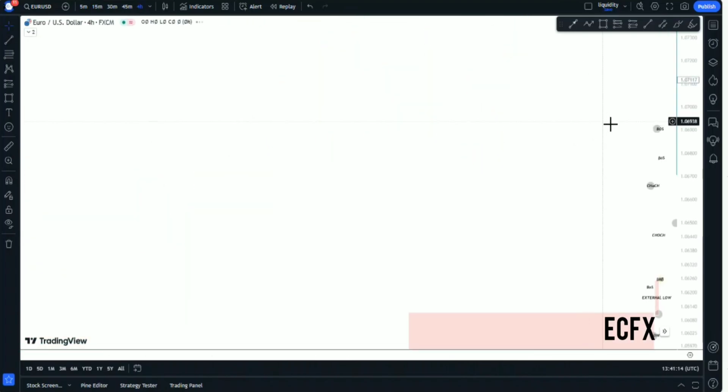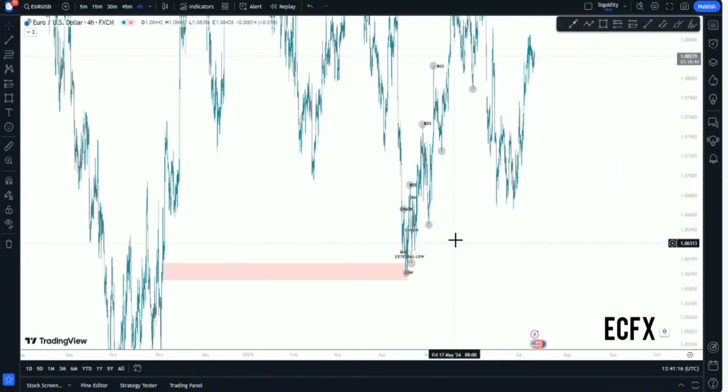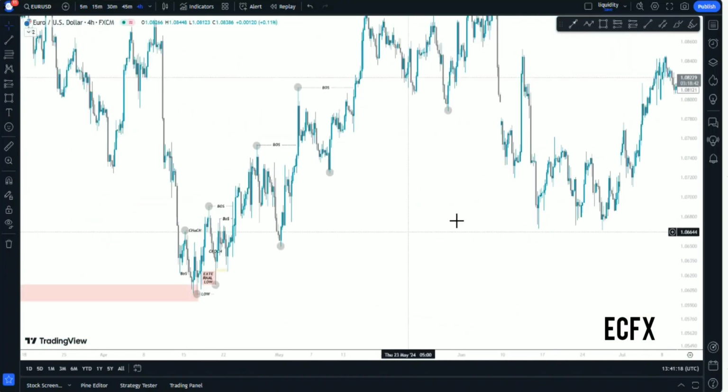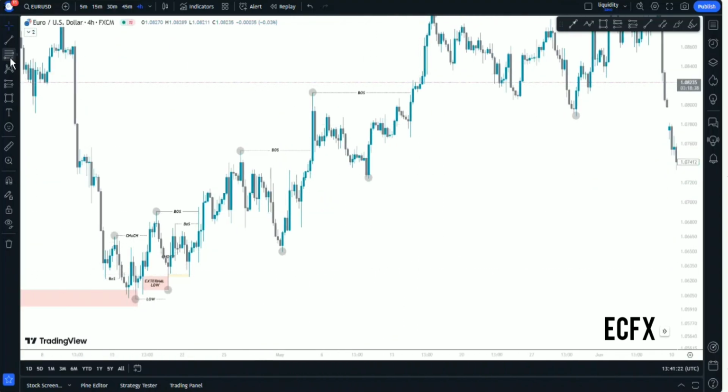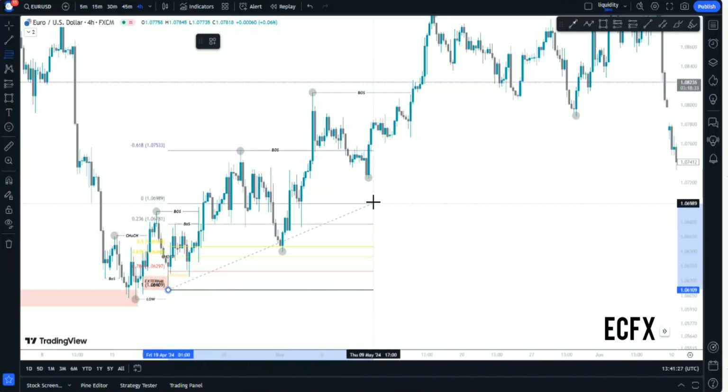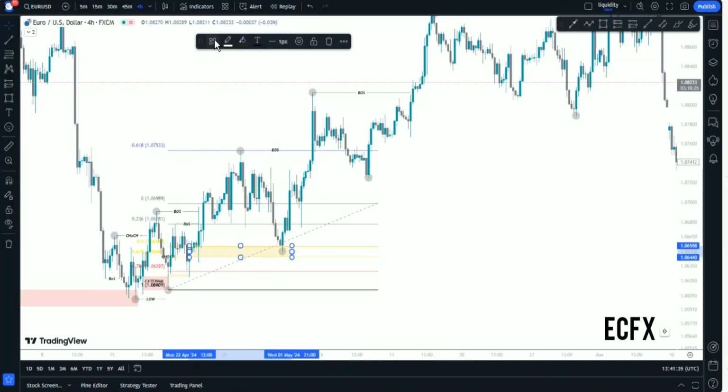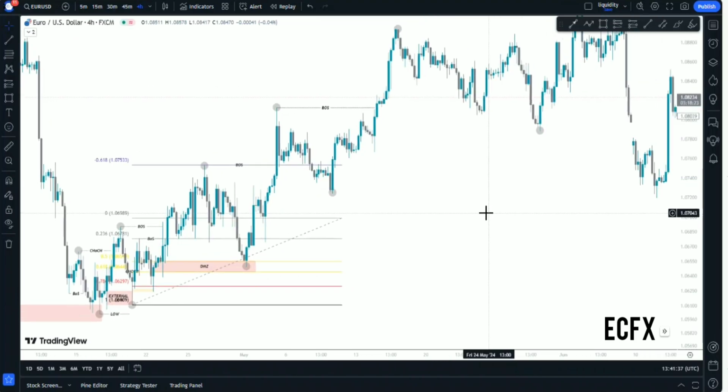Let's go back up to the 4-hour time frame. We can go back up to the 4-hour time frame, take our Fibonacci from the level that caused the highs to break, and then we can see from here price taps into the premium zone, which is our demand zone, and price continues to the upside. However, if you look slightly to this side over here,